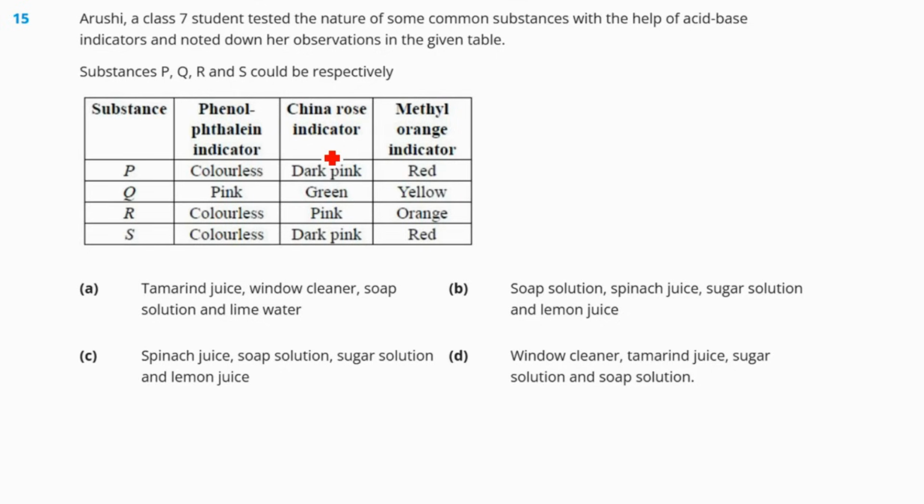P can be colorless, pink. So P can be any neutral substance because China rose, dark pink, methyl orange is acids, red, dark pink, colorless. Okay. Q is pink, green and yellow. R is colorless, pink and orange. S is colorless. So here P is phenolphthalein is colorless,